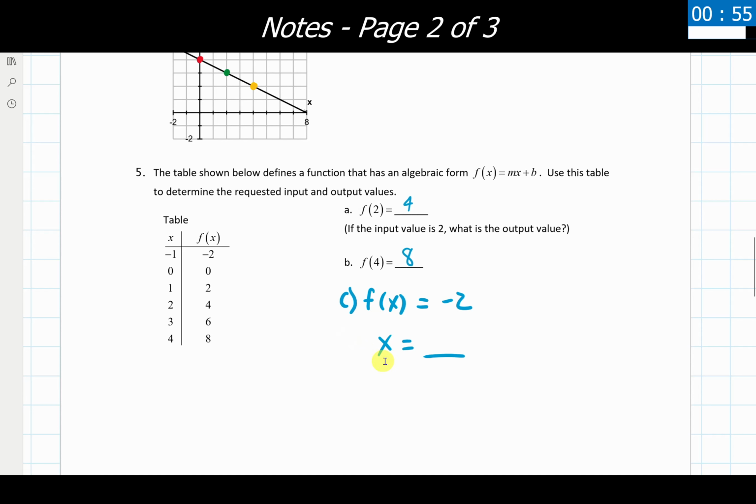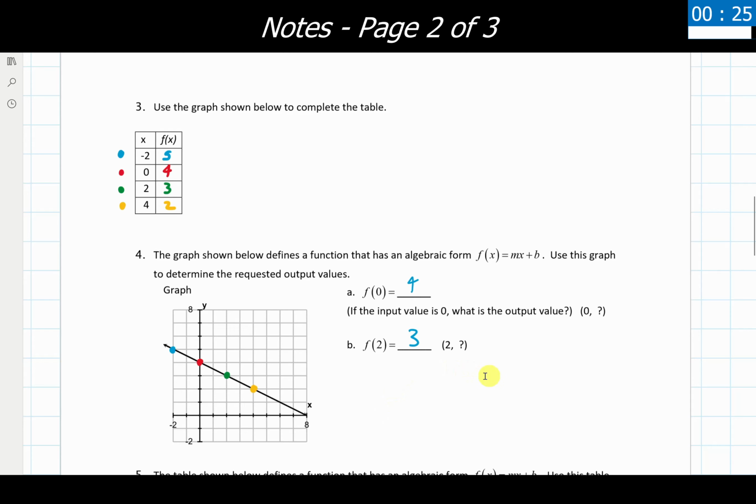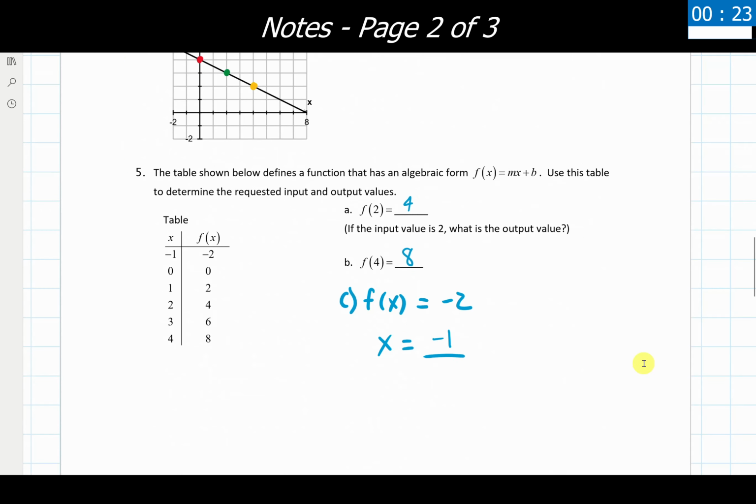Looks here like I'm asked to find what value of x would make an output value of -2. So I'm just doing the reverse of what I did with A and B. I find -2 in the output value column, and then I'm listing that the answer is x is -1 as my final answer for a corresponding input value. So we have just a couple ways here of seeing the input and the output values depicted to us and how we could go through and calculate them based on a table or based on a graph.